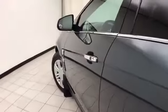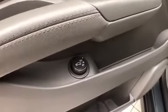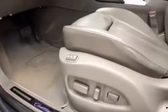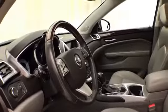This Luxury Collection has keyless entry with remote start, power windows, locks, mirrors, power liftgate control with adjustable height, power seat along with memory settings for 2 drivers, along with power adjustable pedals, oversized panoramic moonroof,